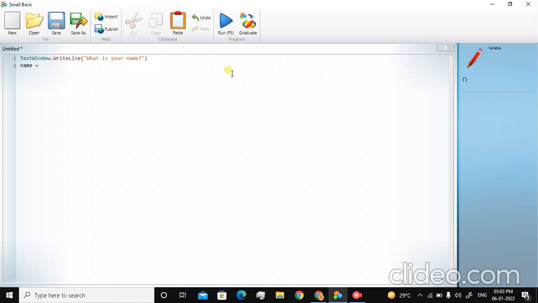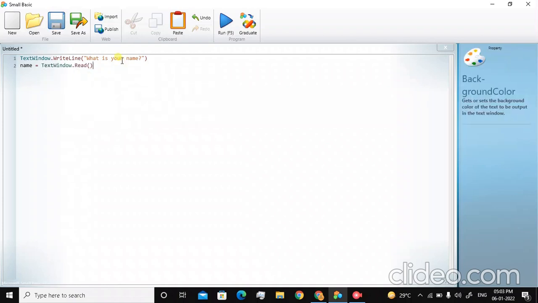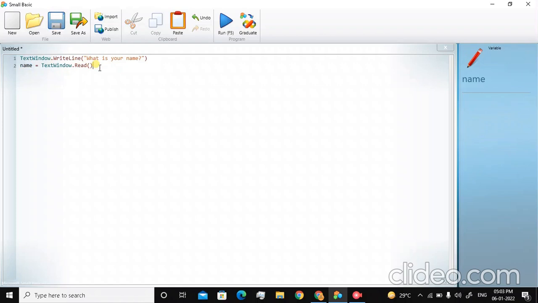If you don't know, a variable is something that stores data in it. So you can't just say text window dot write line, what's the name, and then text window dot read; you can do that, but it's going to be very complicated. So we need to use this. Name is equal to text window dot read, so we set the value to text window dot read. Now whatever the user puts inside this will be the data of the variable